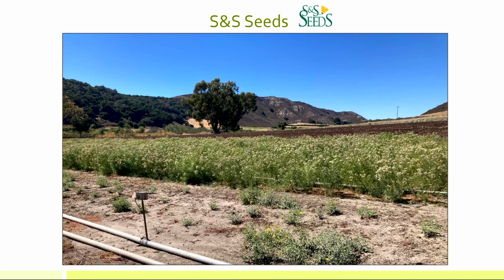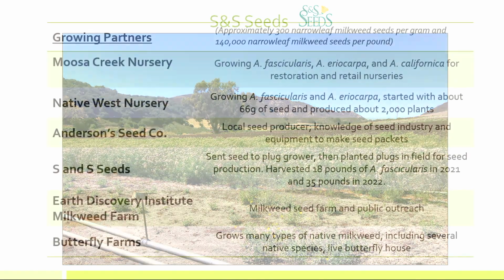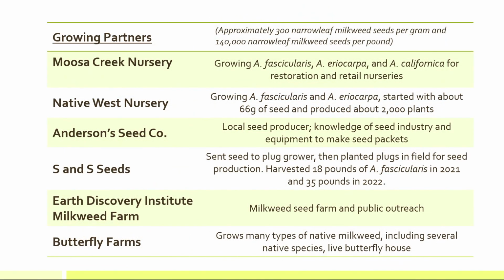And then S&S was able to grow this whole quarter-acre field with the plants that they had, both some earlier collections from Camp Pendleton as well as some Camp Pendleton seed. That's a Marine Corps base that was part of the partnership. And then just to summarize,